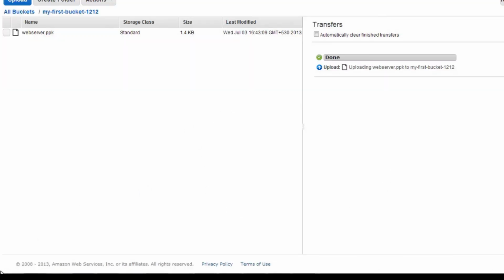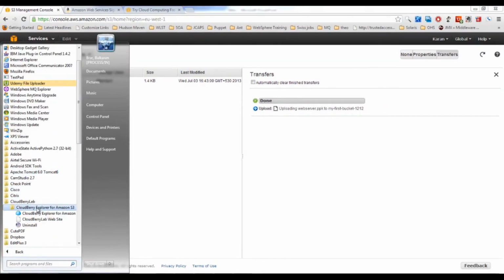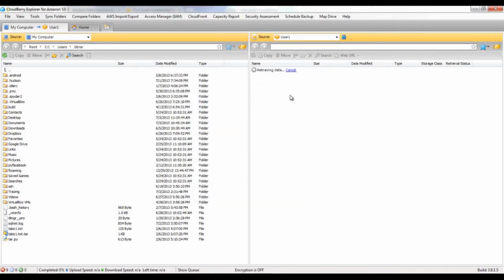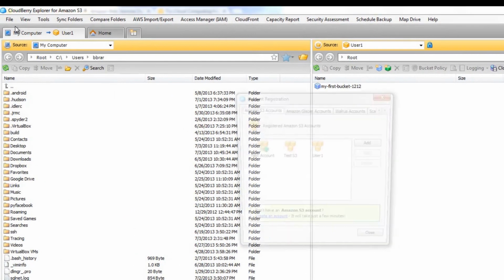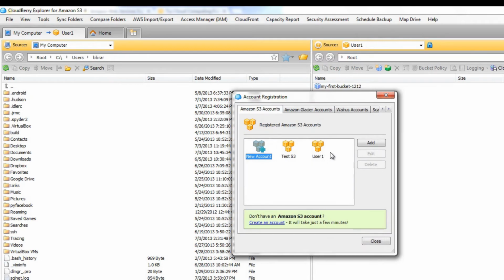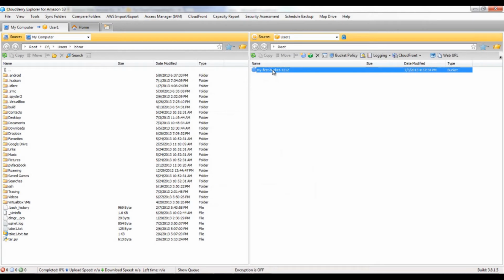to upload the data. The one other thing that you can use to access your S3 bucket is Cloudberry Explorer. So you need to configure this thing. If you click on file, here it says Amazon S3 account, and you can create a new account, fill in your display name, access key and secret key. Every account comes with an access key and secret key, and then your account will be created just like these two accounts that you can see here. And as you can see, my first bucket 1212 is the one which I just created, and it also contains